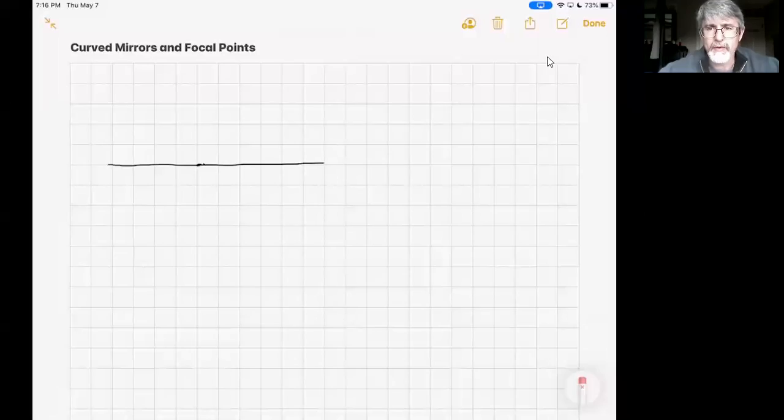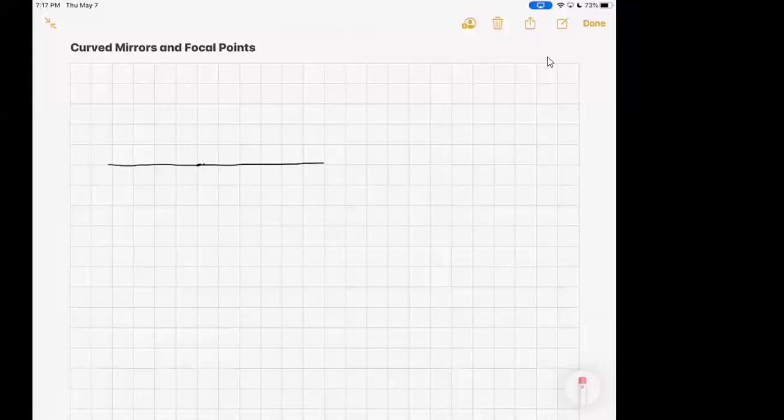So in the last couple of videos, we've reviewed what happens in a flat mirror and how we can get a virtual image. Now we want to curve the mirror. And so let me do a screen share and show you what happens when we have a curved mirror. Okay, so first we need to draw a mirror, and we're going to draw one that's spherical. All right, now it's going to look circular when we look at the cross section in 2 dimensions,